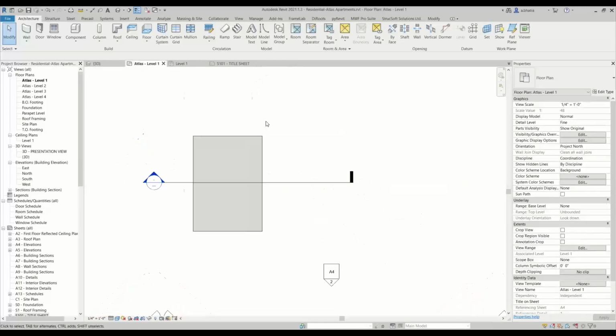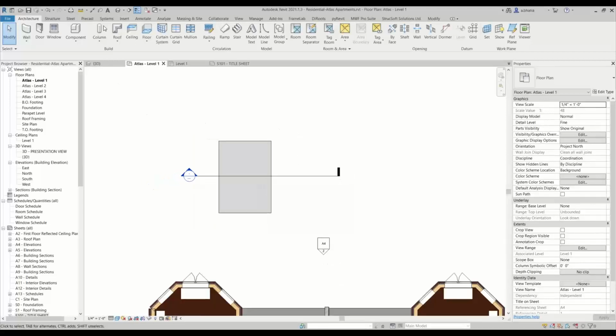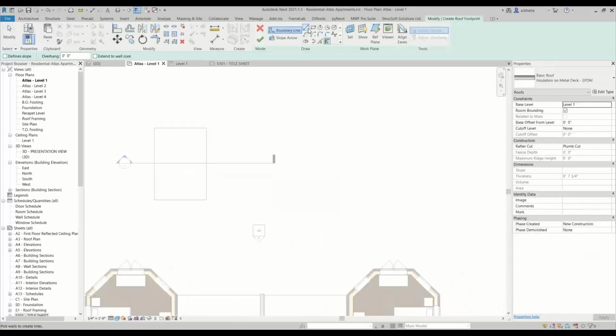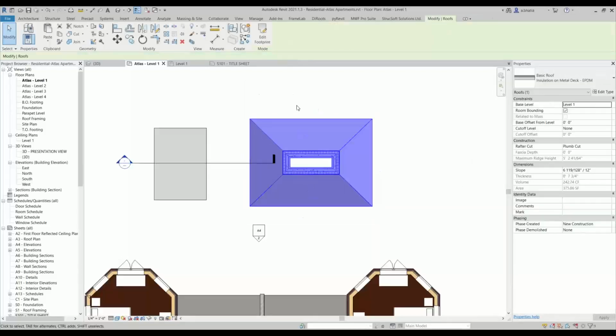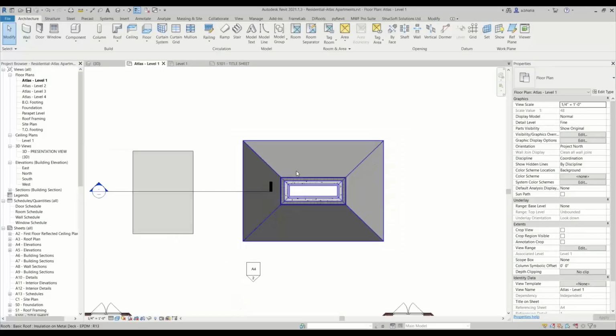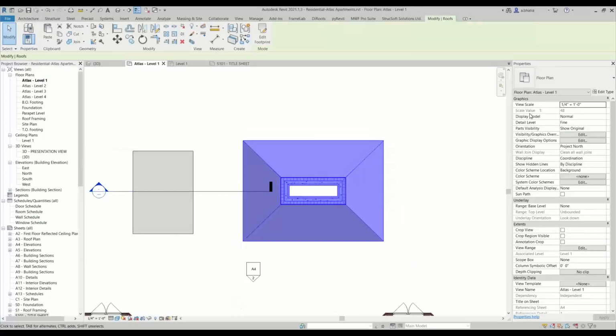That's the first rule, or one of the rules, with floors. Similar rules apply for roofs. So if you're drawing a flat roof, let's say you're just going to quickly draw a roof like this, and then we'll get to defining roof slope. Let's drop that in. So when you try to frame your roof panel and it looks like this, you always